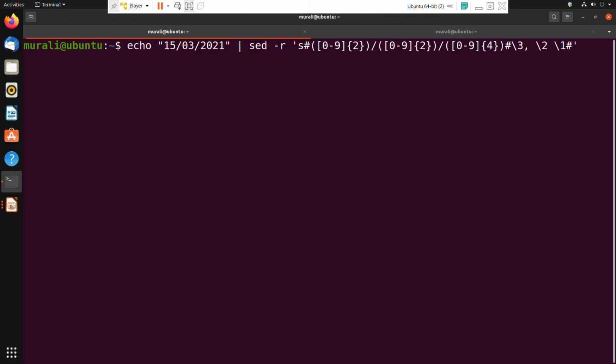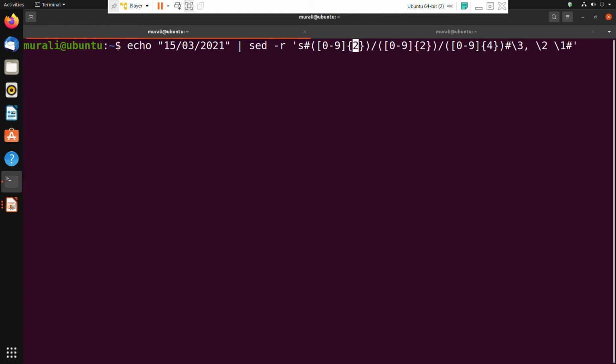How do we do that? First remembered pattern [0-9]{2}, meaning any digit character, 2 occurrences of digit character.